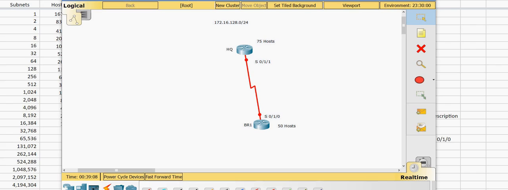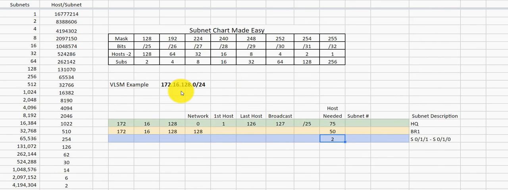So what I'm going to do is look at my subnet chart, and I really encourage you, if you don't understand subnetting, to go watch my subnetting videos first so that you get an understanding of what I'm doing with the subnet. Some people call it the magic number subnetting. I don't use magic number. I just use this easy chart because this is a chart that you can hand write out when you go to take an exam, and it helps you do subnetting, and it will help you with the variable length subnetting as well.